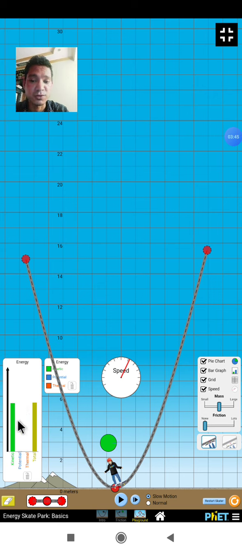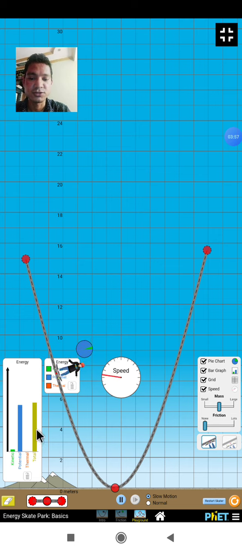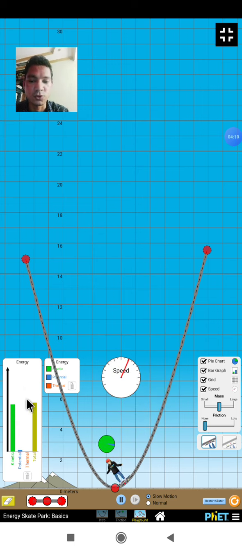And if you notice one more thing, potential energy is decreasing, kinetic energy is increasing, but the total will remain constant. Check this one. Total energy remains constant. This graph will not change. Sorry, kinetic energy is decreasing, potential energy is increasing. Now potential energy is decreasing, kinetic energy is increasing, total will remain constant. And that is the meaning of conservation of mechanical energy.